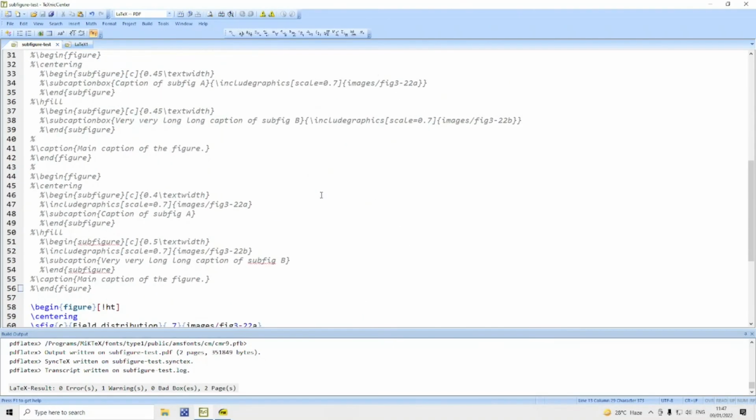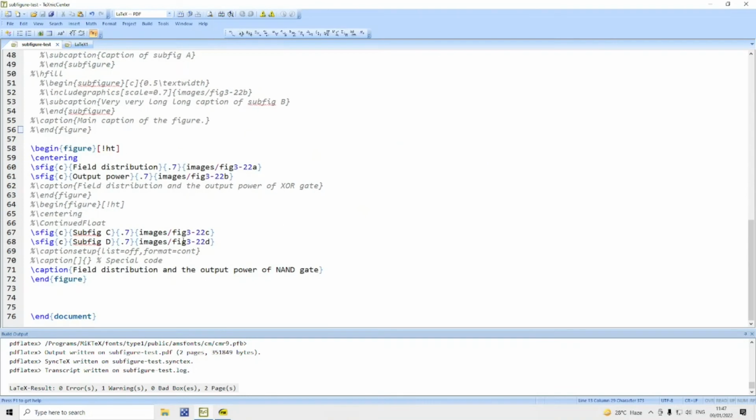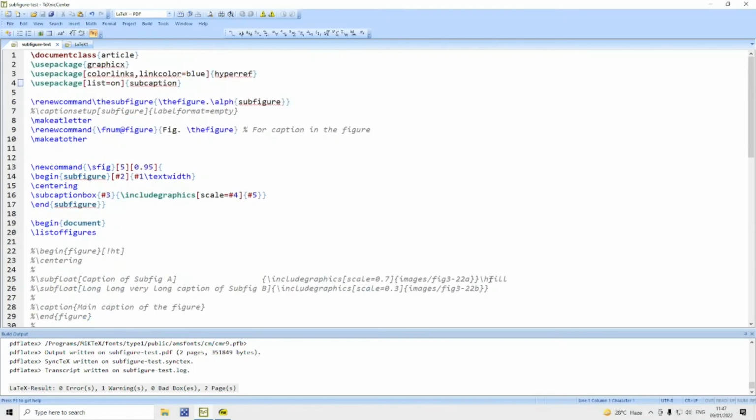How to reduce the size? Size can be reduced either by changing the scaling factor or by changing the mini page size. The default mini page is 0.95 as we have defined here. Mini page width is 0.95 text width.